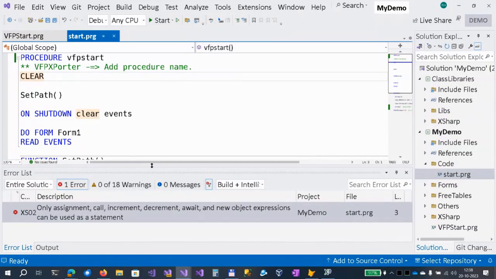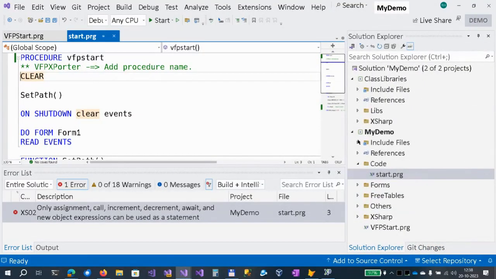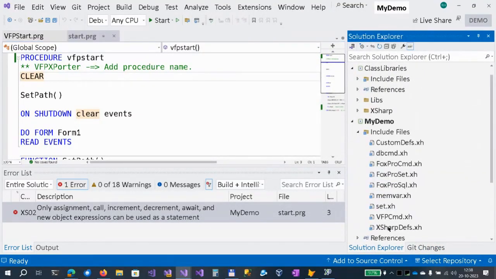But what I could also do is add a command. Like I said, we have commands that are pre-processed. The command clear could basically do nothing, so ignore it. To do that, we would have to look at which include files there are, and you see an include file here called VFP command.